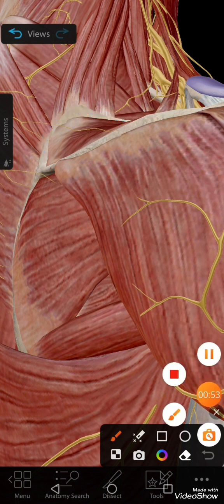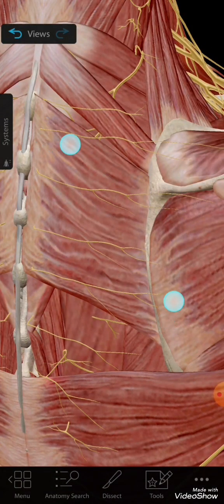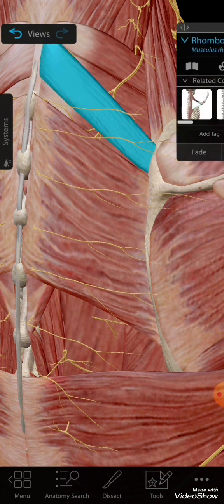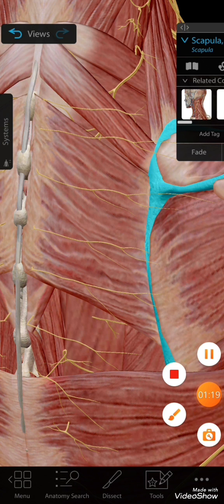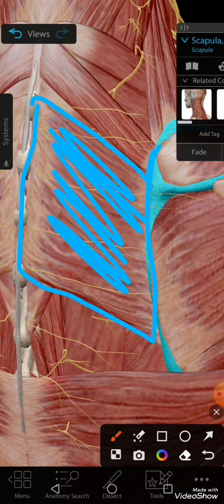Okay. Now I have to show you another muscle next to it, the rhomboideus minor. This rhomboideus minor takes origin from the spine of C7 vertebra and T1 and is attaching, as you can see, on the base or the triangular area at the root of the spine. Can you see that? This is the area. And if we see that this whole muscle is the rhomboideus major, this whole one, it is getting insertion